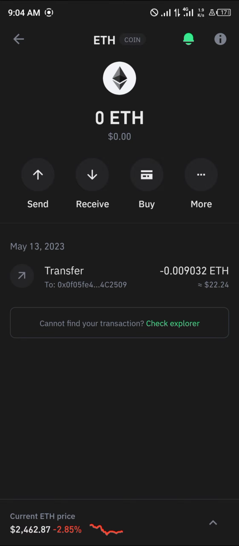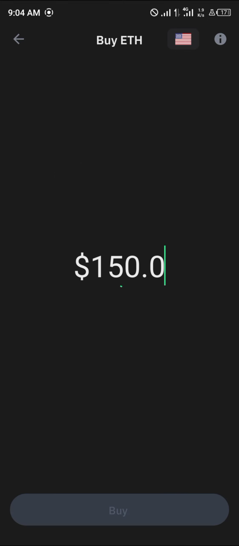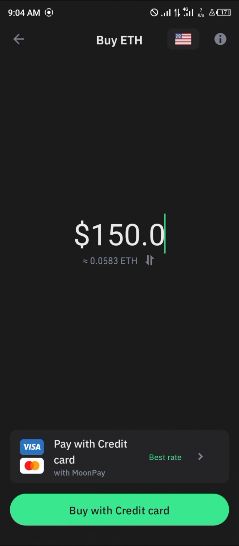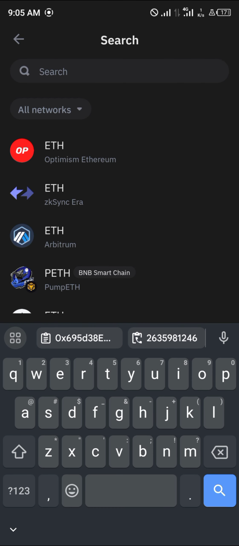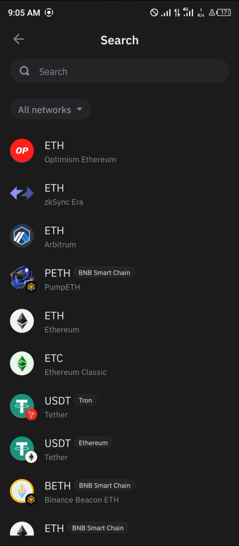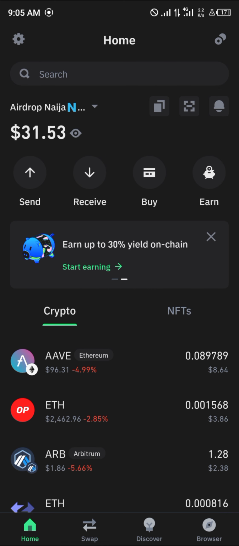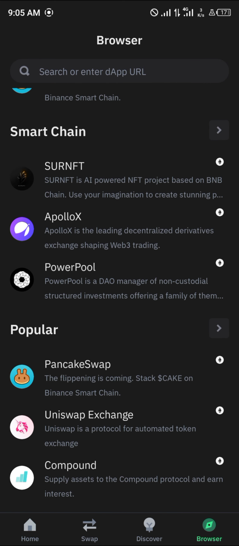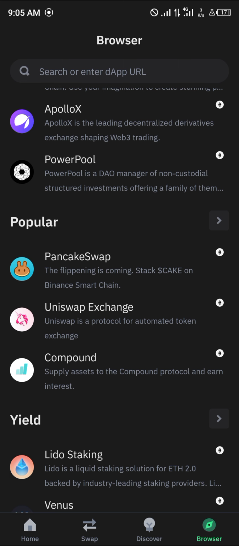And make sure you have some of this Ethereum. If you do not, click on the buy option, enter an amount of Ethereum you wish to buy and pay with your card. So guys, once that's done, how can you get the meme AI on your wallet? With your Ethereum available, head over to the browser section, scroll till you find the Uniswap exchange option, click on